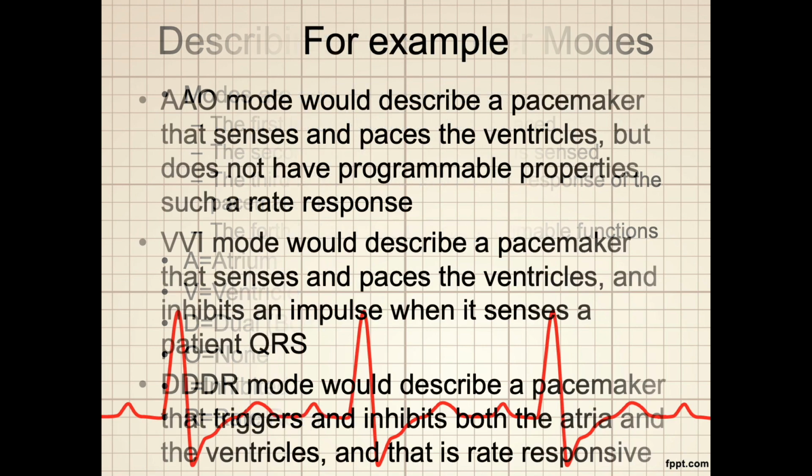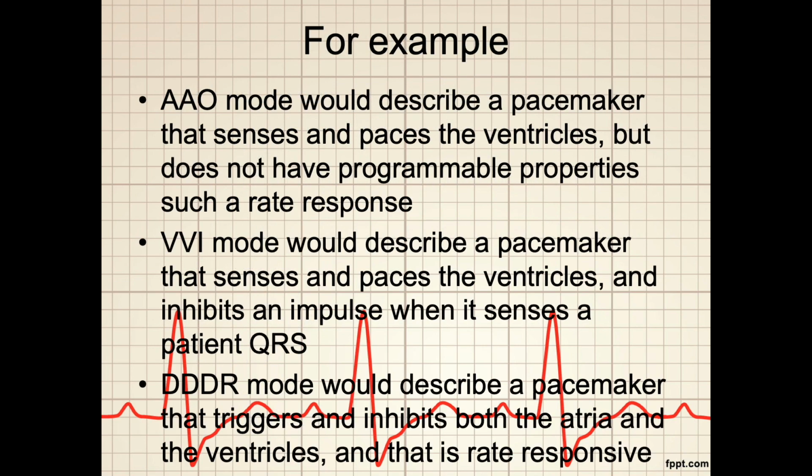Let's look at some examples of pacemaker modes. In an AAO mode, this would describe a pacemaker that senses and paces the atria. It does say ventricles here, but that's an error, but does not have programmable properties such as a rate response. The VVI mode would describe a pacemaker that senses and paces the ventricles and inhibits an impulse when it senses a patient's QRS. A DDDR mode would describe a pacemaker that triggers and inhibits both the atria and the ventricles, and that is rate responsive. That is, sensitive to the needs of the patient's